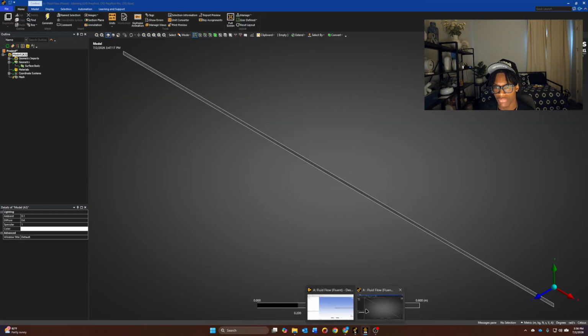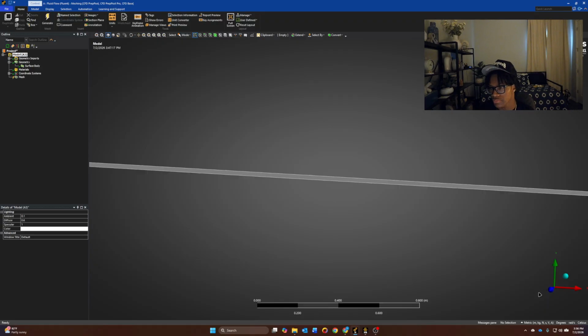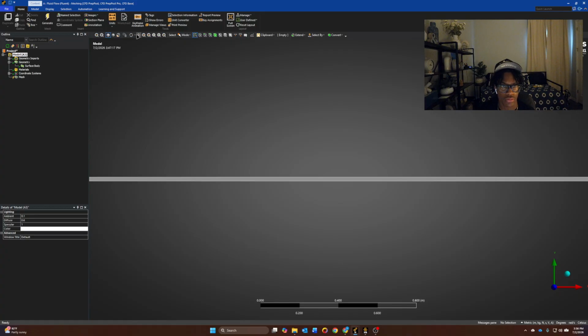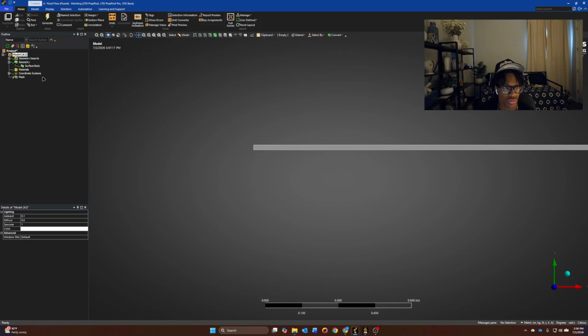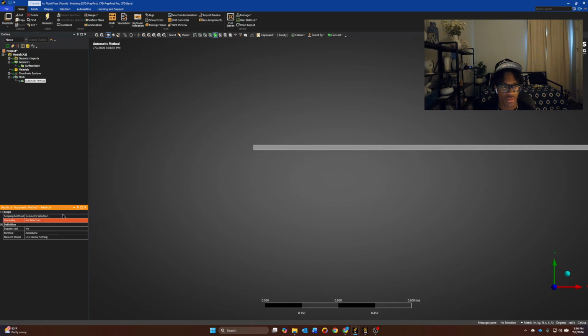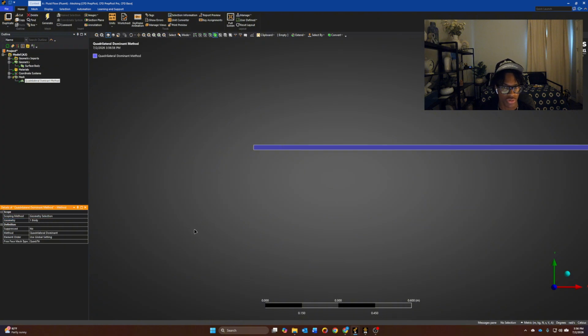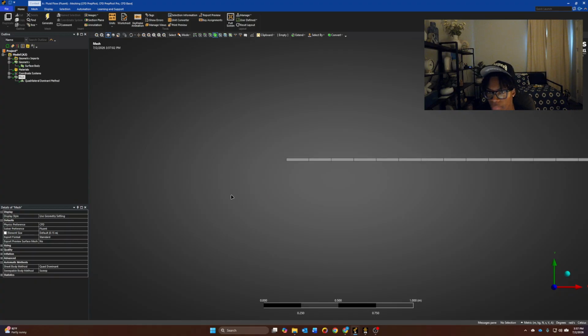So here we have the mesh, or we're about to start the mesh. We're gonna go normal to the XY, and as you can see, nothing is currently done. So we're gonna start meshing. Meshing honestly takes the most time, but we'll try to speed run through this. We're gonna apply this method here. We're gonna generate that, and then we go back to mesh. You're gonna see that it's divided now,